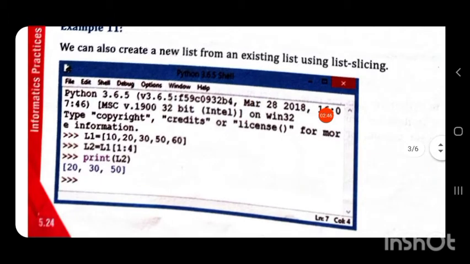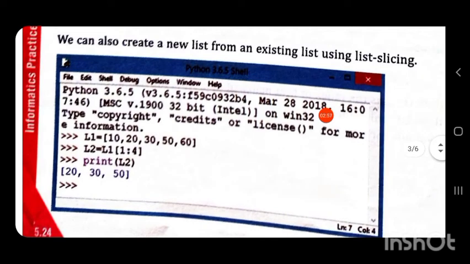Consider another example. We can also create a new list from an existing list using list slicing that we have studied earlier. We have a list L1 = 10, 20, 30, 40, 30, 50, 60. Now, we are creating a new list using slicing.